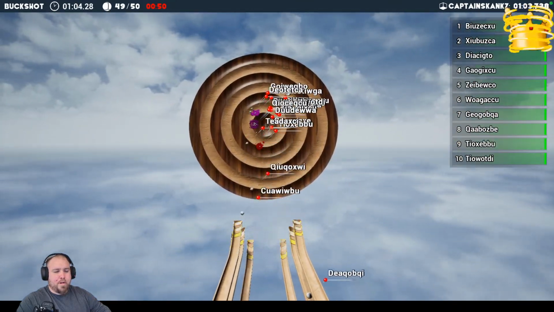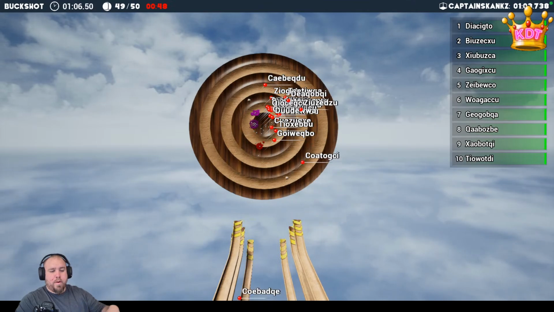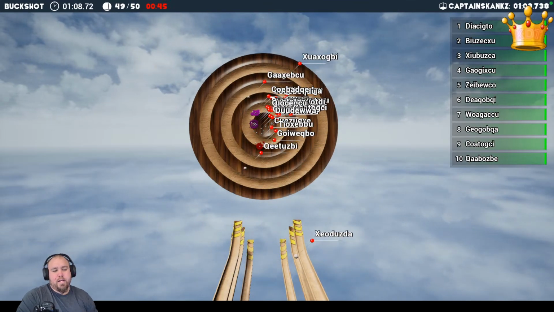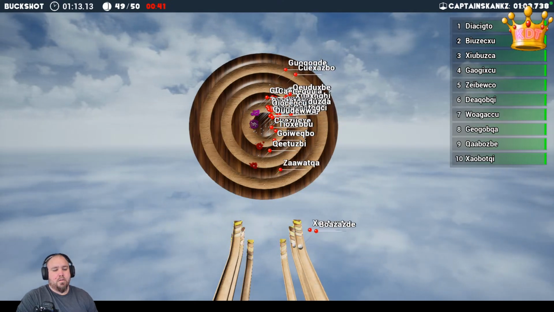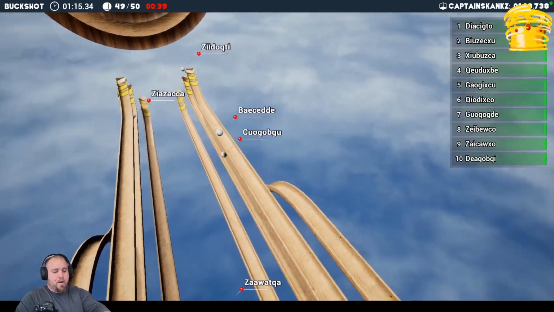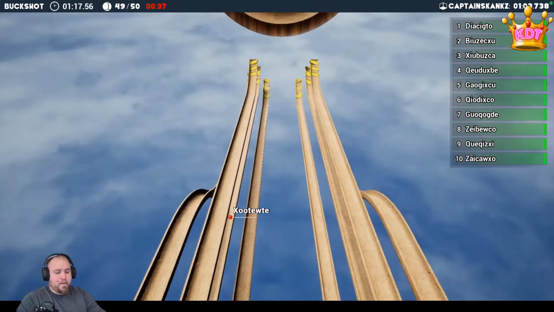But then you just watch everybody hit the board for this one. Some of them are a race to the bottom. This one is whoever's closest to the center, like a target. But you can see how people are falling off the map. You see that one going down there, so they automatically lose.